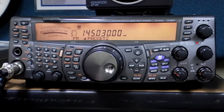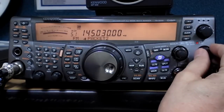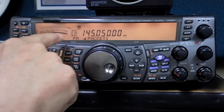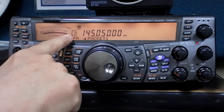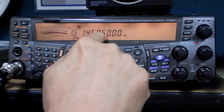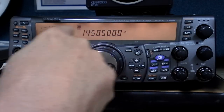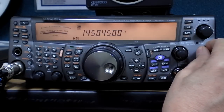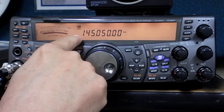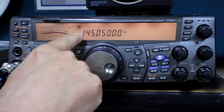Okay, we're looking at the radio, and there's three things that we want to do. We want to set the frequency to the correct frequency. I have this in memory mode, and memory channel 50 actually brings up 145.050. But you could just do it manually if you wanted to, and just dial in the particular frequency. But again, we're looking at VHF FM